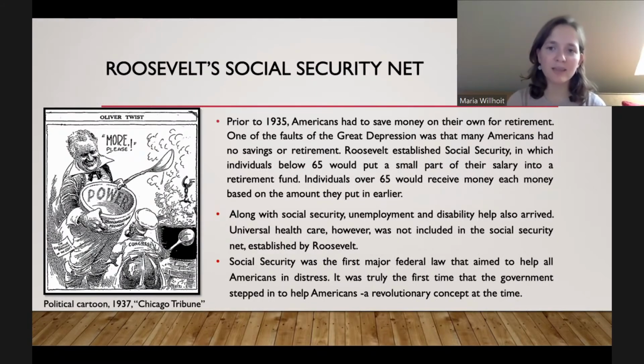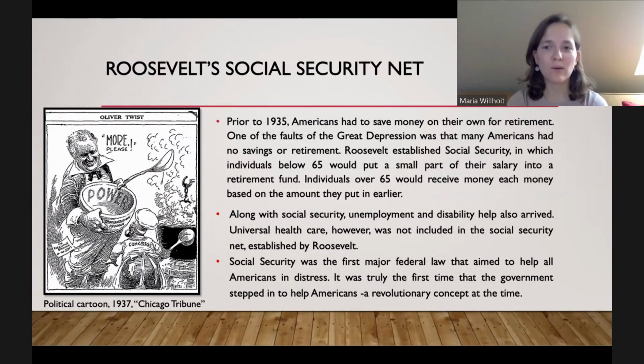And what it guaranteed is that once you reach 65, I think it's now 67, they've increased the age, you can get the money that you saved up through your entire lifetime. You can get it from the federal government as a monthly check based on how much you put in. And this was a very big deal because Americans prior to 1935 had no guarantee of savings or retirement. It was all up to them. The government was not going to help you. And I believe that you have to put money into Social Security. I could be wrong, but it is required by law.